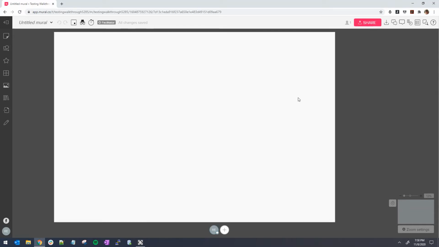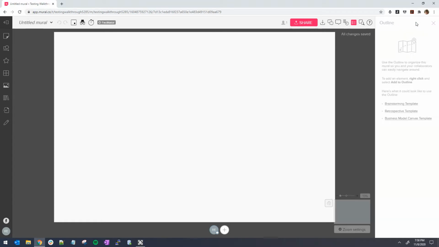So when we talk about outlines, it's the icon on the top right corner of your screen, and it's pretty much a tool that will help you guide the people throughout your activities on your mural. Whenever you create areas or post-it notes or images, you can add them to an outline. In combination with the outline, we're gonna talk a little bit about areas and how you can organize these areas in order to have a better facilitation of your workshop or whatever you're doing on Mural.